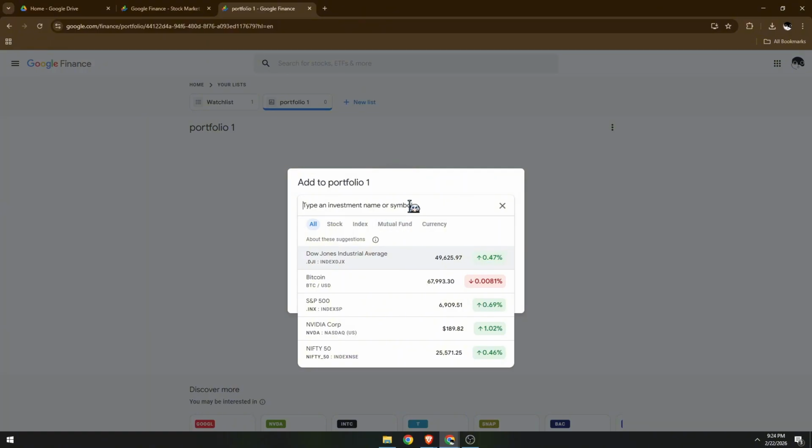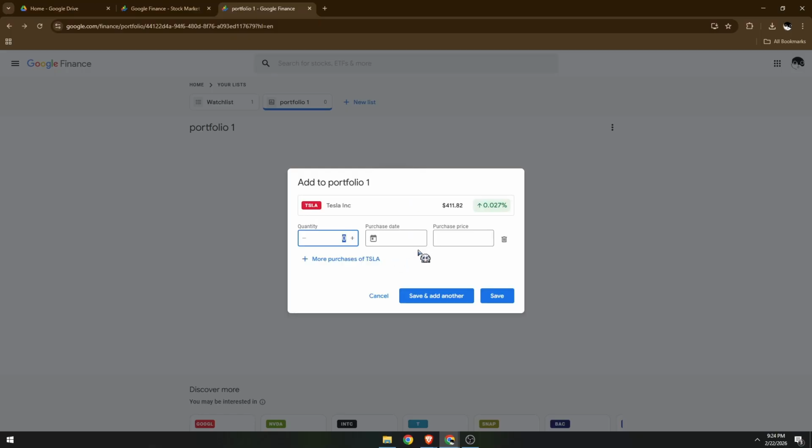For example, I'm going to choose Tesla. As an example, this one, you need to enter the quantity that you purchased, the purchase date, which is very important. For example, I'm just going to select random dates. And here you should have the option to click on save and add another, or click on save over here